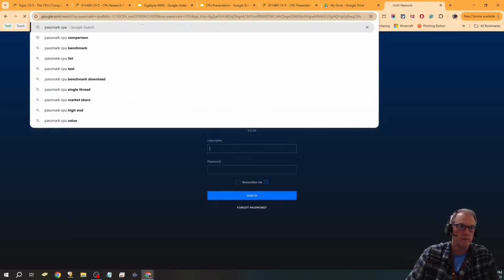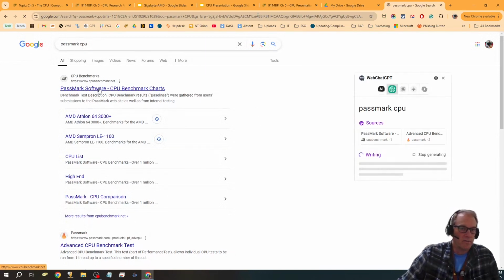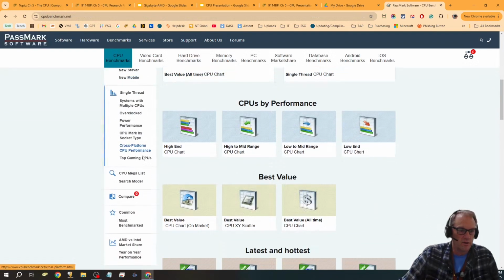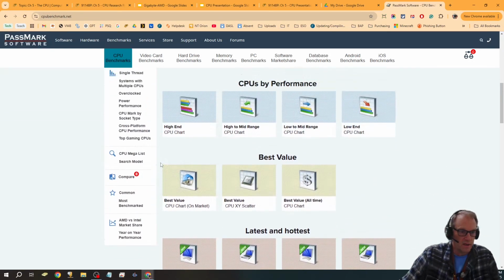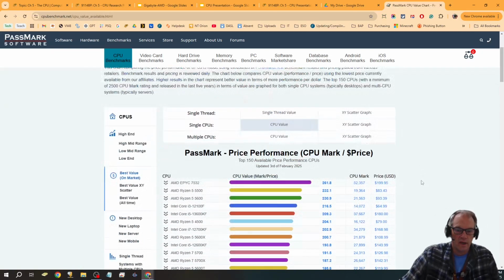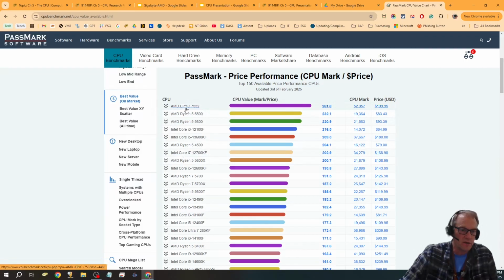CPU. And once I go to Passmark CPU, I'm going to go to the best value chart. So I'm going to go down here, and there's a best value on the market. There we go. And now I've got to go down through here and find the one that's the highest, that's the right CPU. So I'm going to just right click on these first three, and you see they open in